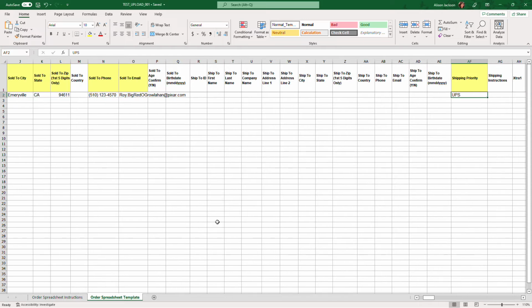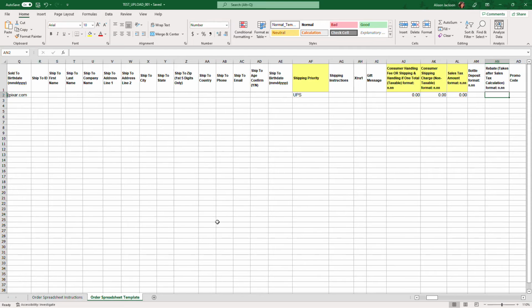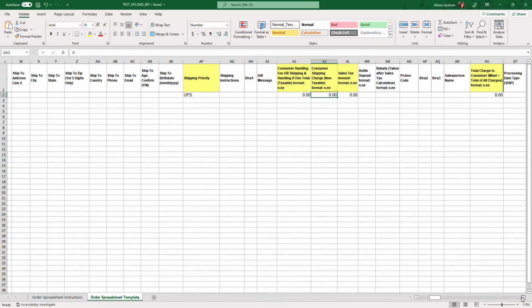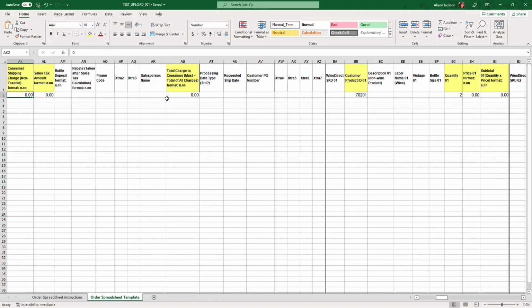As we scroll through the next fields, we have a shipping priority. This is where you are going to want to input the shipping code for this specific order. We now have consumer and tax information. This does need to have fields inserted in on it. However, it does not need to be actual monetary amounts. Then we have the total charges, and we are now ready to start to input the applicable SKUs for each